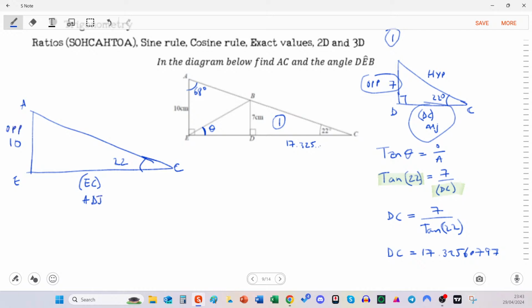That's the opposite. So we're dealing with tan again. So tan 22 equals 10 over EC. So EC equals 10 over tan 22. So instead of 7 over, it's 10 over. So EC is